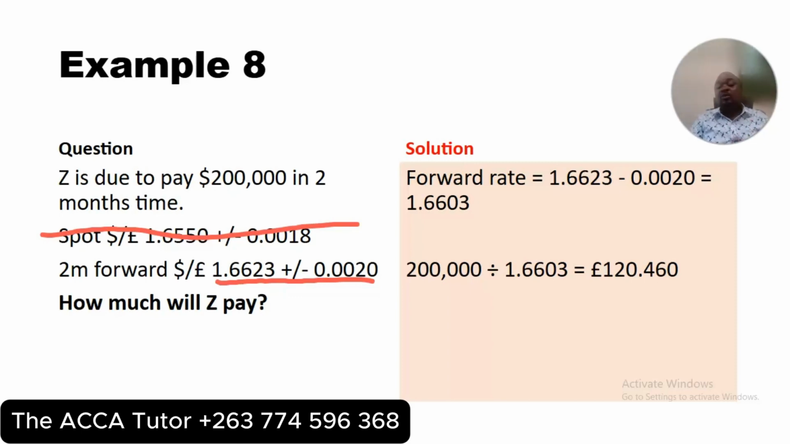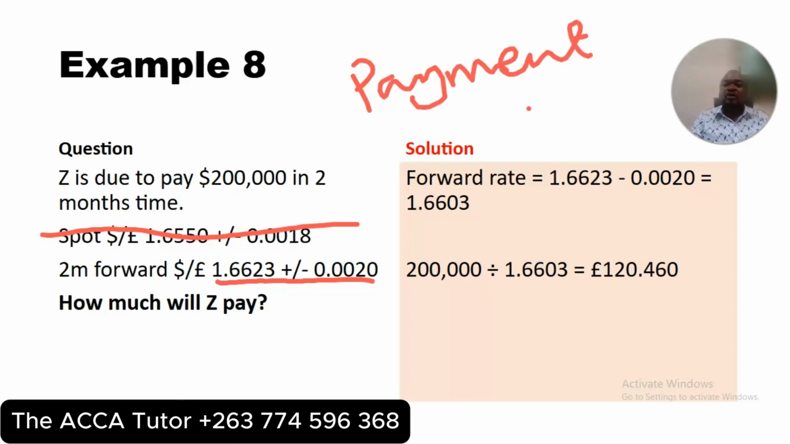So we are about to pay. So this is a payment and we need to suffer. That's the rule. So we need to pay more. If it is a receipt, you have to receive less. Now, here we have to pay more. So obviously we need to then